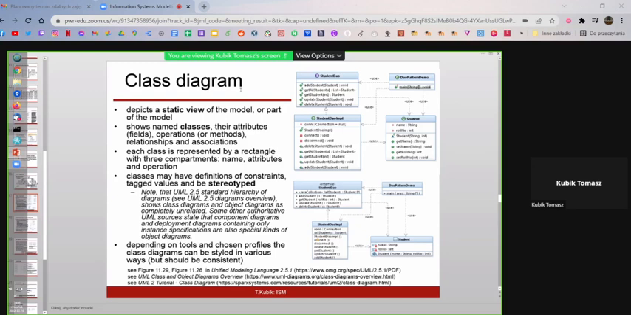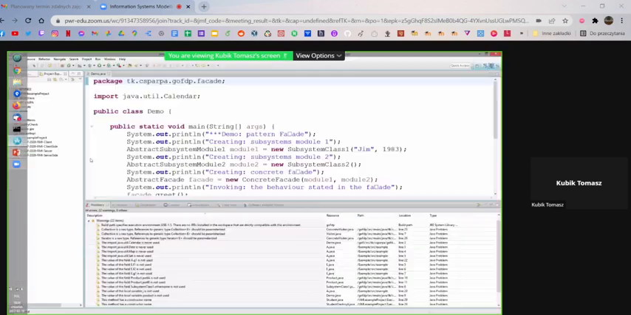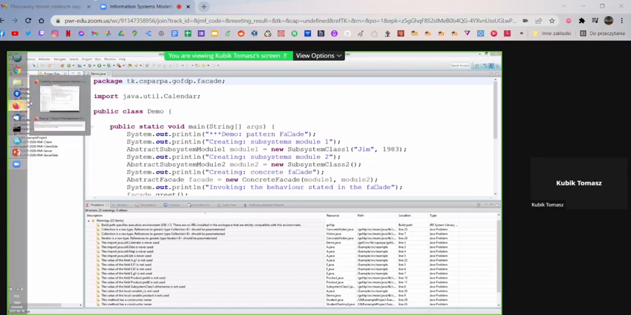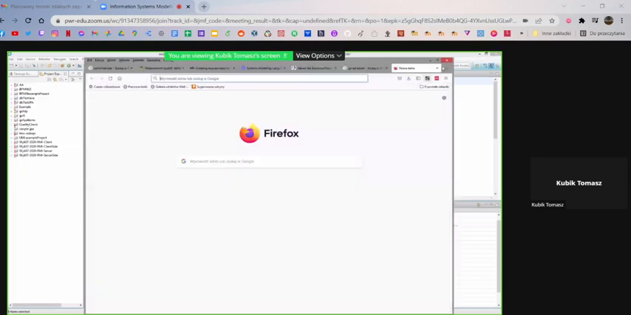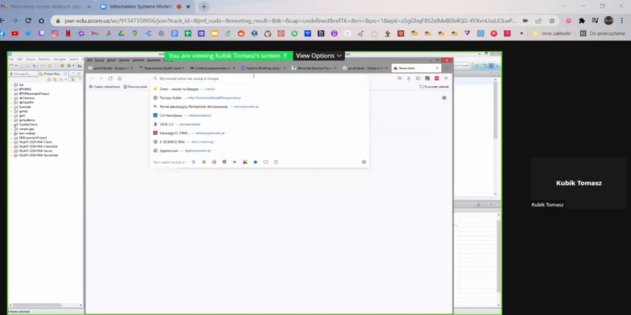And let me show at the moment how to play with this kind of diagram once you start the implementation. So here I have on the screen the Rational Software Architect. This is software that is delivered by IBM, and if you wish to play with that software, you can enroll or subscribe to the